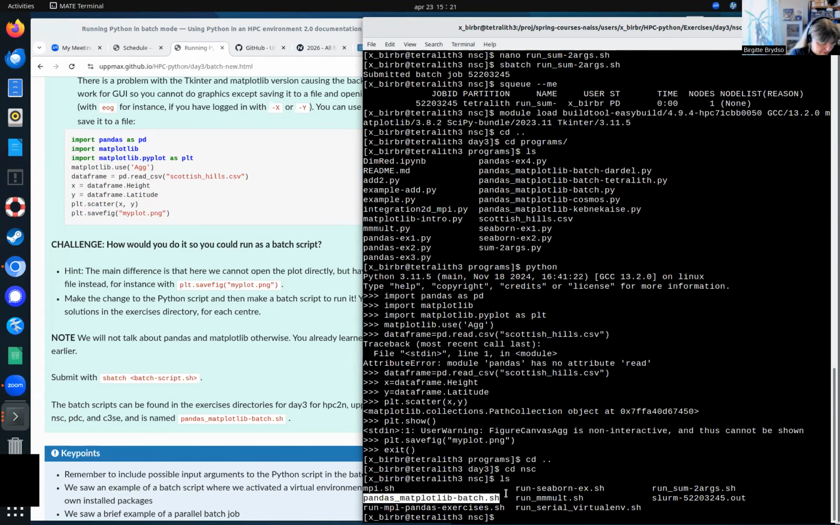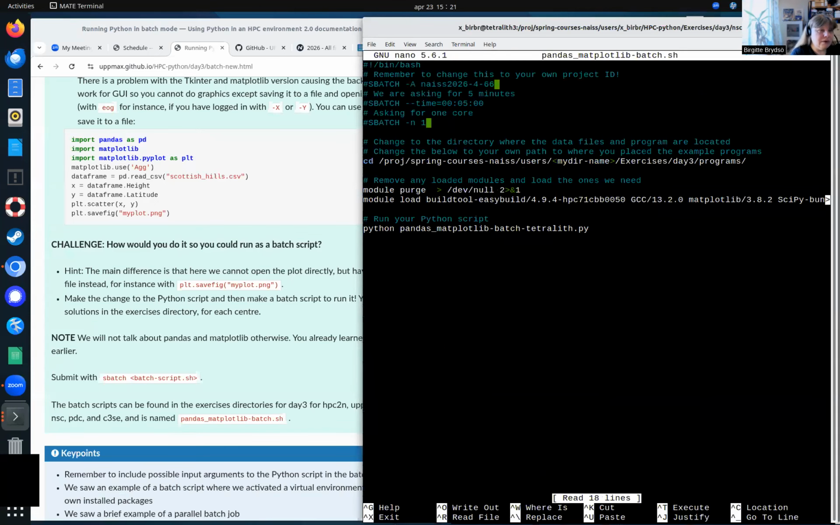Pandas matplotlib batch. So let's open it with nano. As you can see here, you can run it as soon as you make the change, where it will be saved as a file instead of opened as a plot. So make this change here, and then you can run it, and then this batch script should create the same